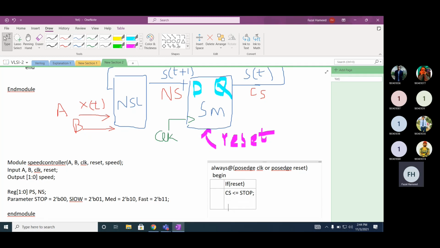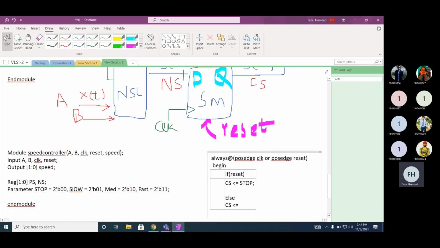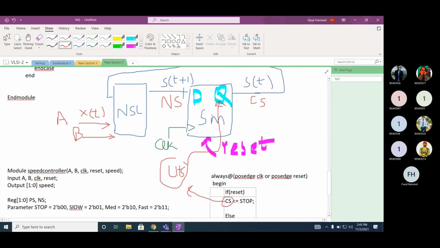Else what should be current state? Current state should be assigned the next state, NS. Now if you look here, this current state is on the left hand side, and this left hand side actually will go to Q. And if you look at the block diagram, this Q is actually your output, so it should be on the left hand side.